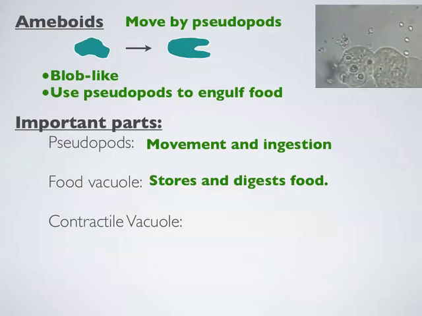So remember, lots of these protists live in fresh water. And because they live in fresh water, what is constantly happening because of osmosis? Water is coming into them all the time. They would burst, but what does the contractile vacuole do? Yes, it takes in the water, fills up, and squeezes it, pumps it out so that it doesn't swell up. That's the function of a contractile vacuole, pump out excess water. So that's how it moves? No, that's how it gets rid of that water, because in fresh water, the water is always coming into them because of osmosis. They need a way to get rid of it.